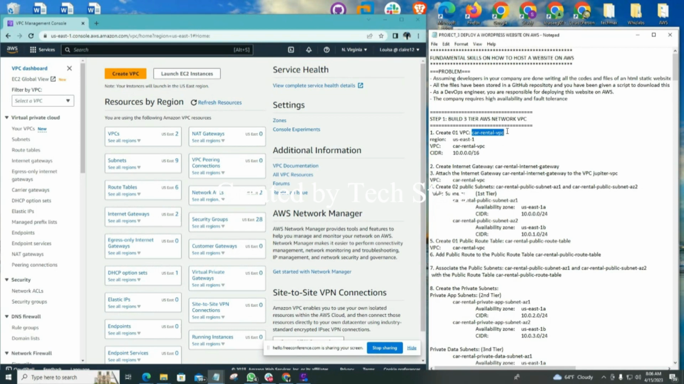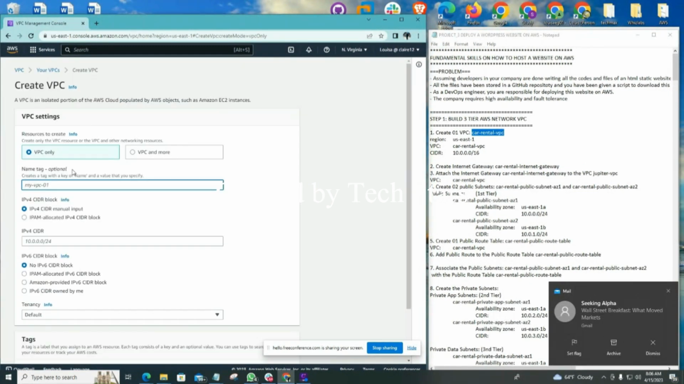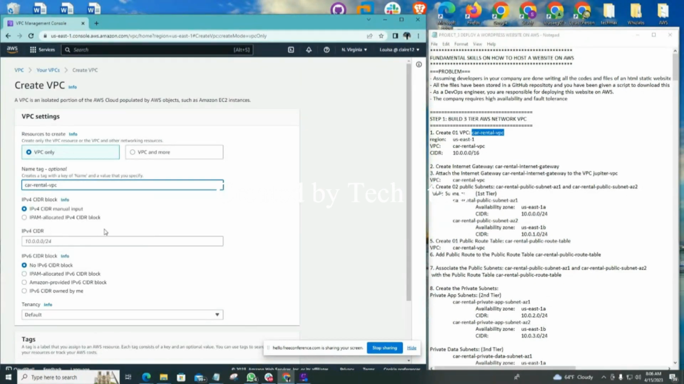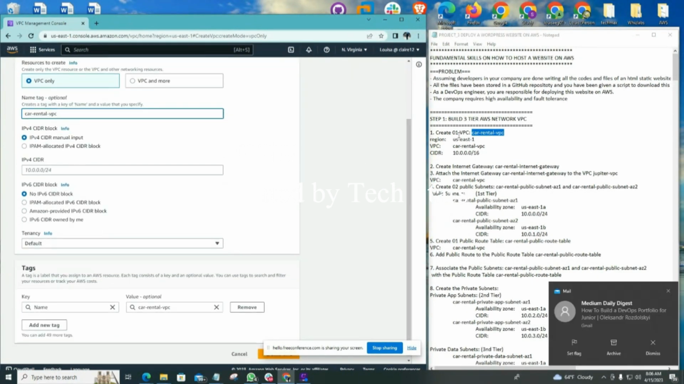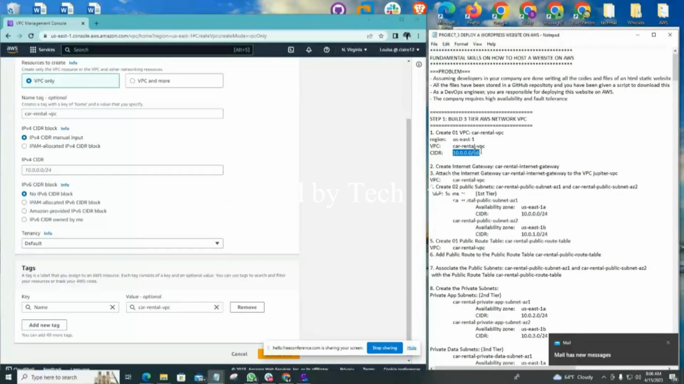We're going to create a car rental VPC. So you go pick up car rental VPC here and you go directly on create. Right now, as you can see, I'm going to follow the steps here. My region is already US East 1. The name of my VPC is car rental VPC. Then the CIDR block is